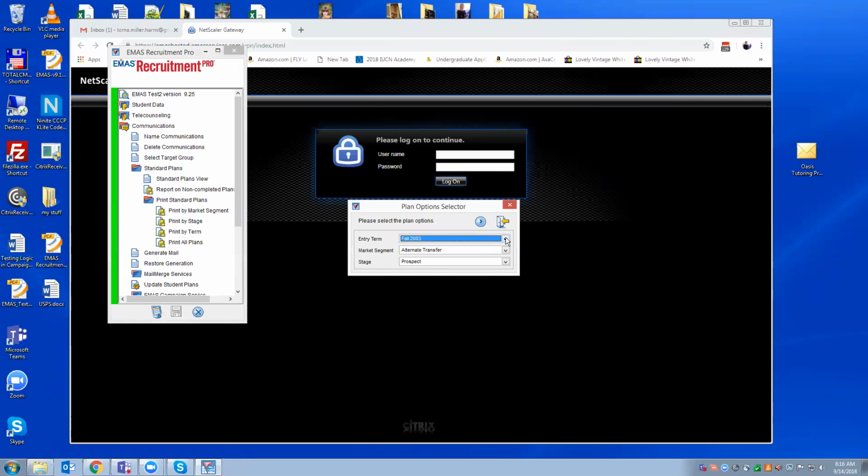But before you get to that point in this process, what we want you to do is to select the plan that is the farthest out in this active plan, one for which you have communications, that is the farthest entry term out. So maybe you're only recruiting for fall 2019 and you're not recruiting for fall 2020. But if you are recruiting for fall 2020 and you need to create a new plan for fall 2021, then we want you to choose that entry term first.